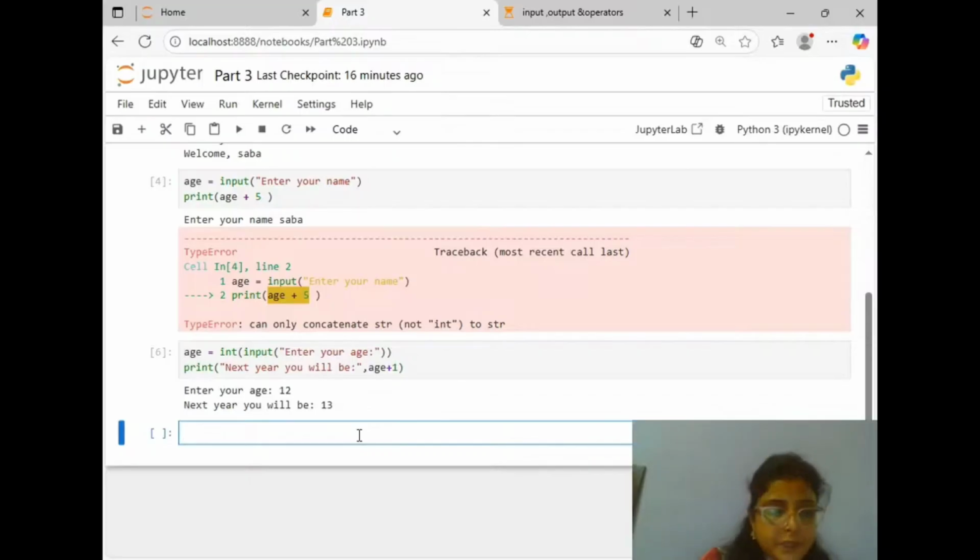Arithmetic operators. So arithmetic operators are like addition, subtraction, multiplication, division, modulus, and power.